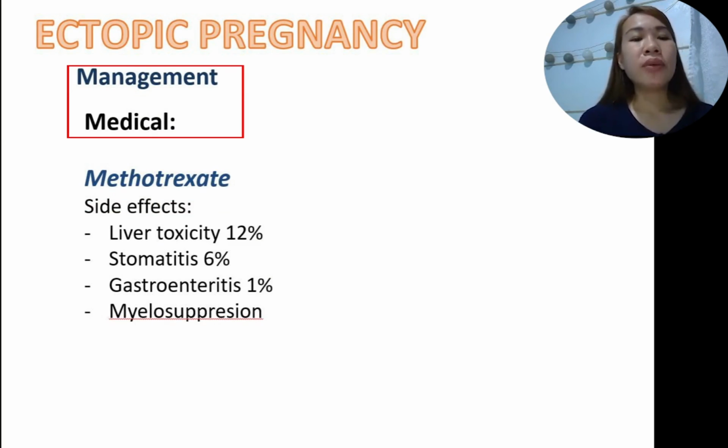Now, the following are the side effects of methotrexate: liver toxicity,